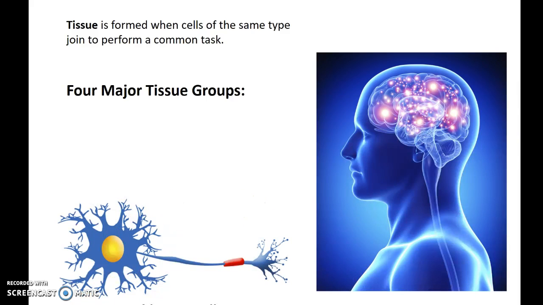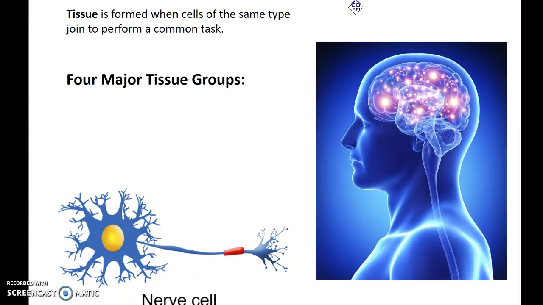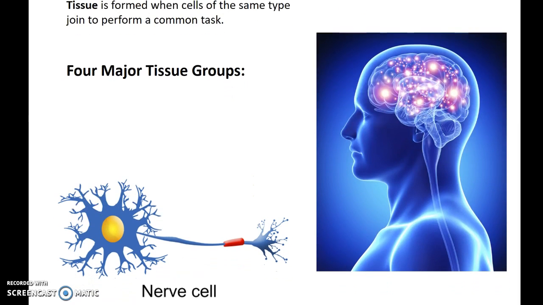And then our fourth and final tissue that we have is called nervous tissue. Okay. Again, my screen here is a little out of whack. There we go. Nervous tissue. Okay. Nervous tissue receives and transmits